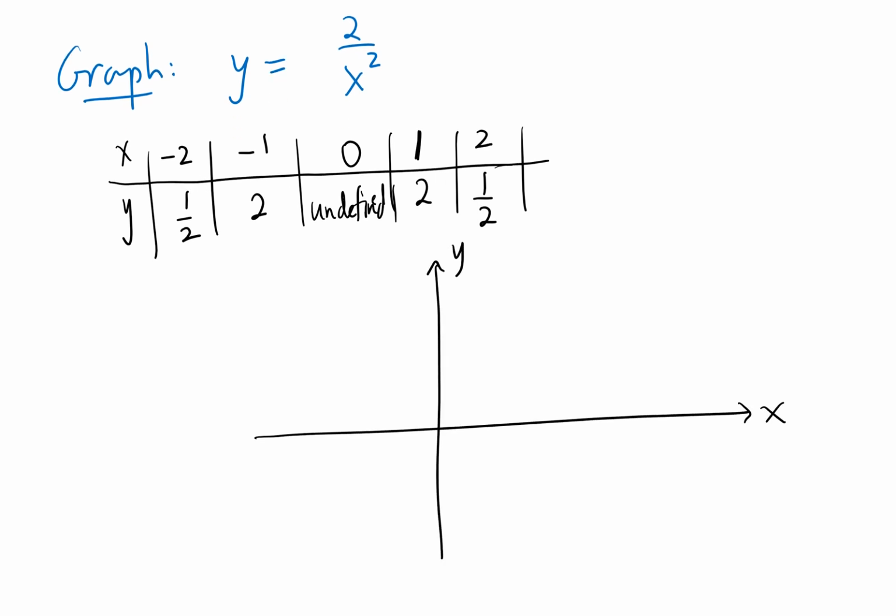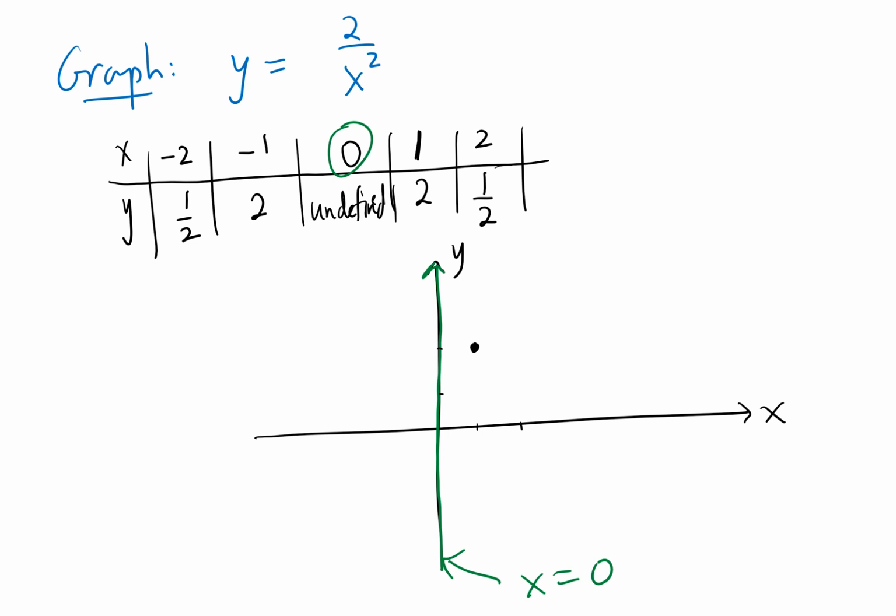So the first thing where it says undefined, that line, x equals 0, this is the y-axis. This is called a vertical asymptote. It means the graph is going to approach it, but it will never cross it or touch it. So that line, x equals 0, is not in the domain. Now what about if we plot the other points, 1, 2